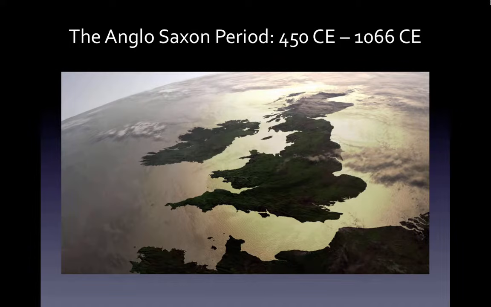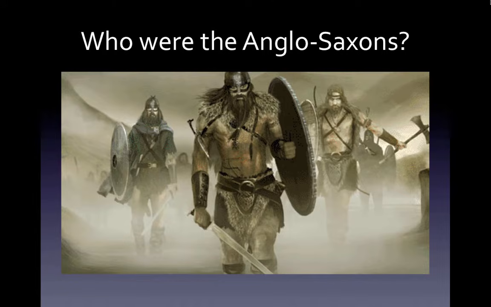There were people living on the island of Britannia for nearly 5,000 years by the time that the Anglo-Saxons arrived there from Scandinavia in the middle of the 5th century. They would go on to dominate the island for about 600 years, until the middle of the 11th century. So before we turn our attention to one of the most important poems that they would produce, indeed, one of the most important poems in all of English literature, we have to ask ourselves, who were the Anglo-Saxons, and what kind of a culture did they have?